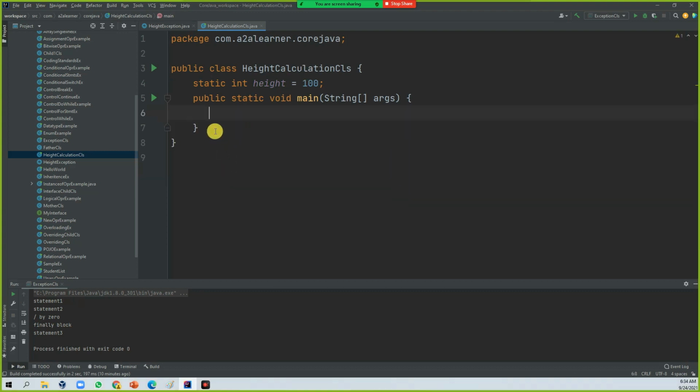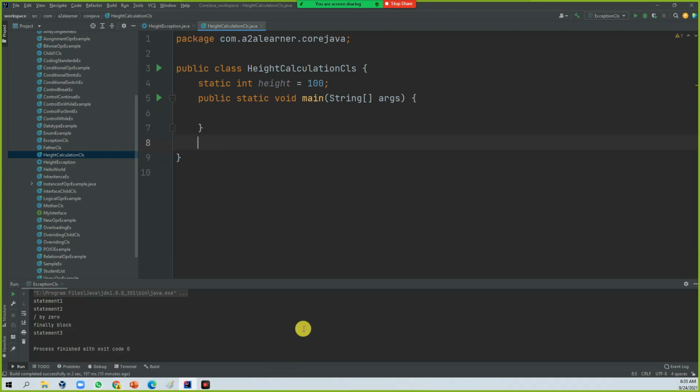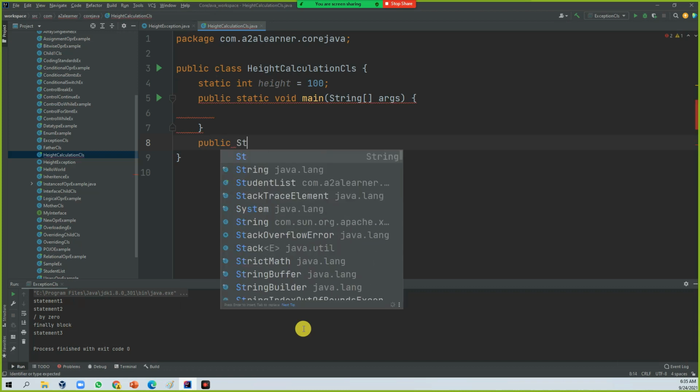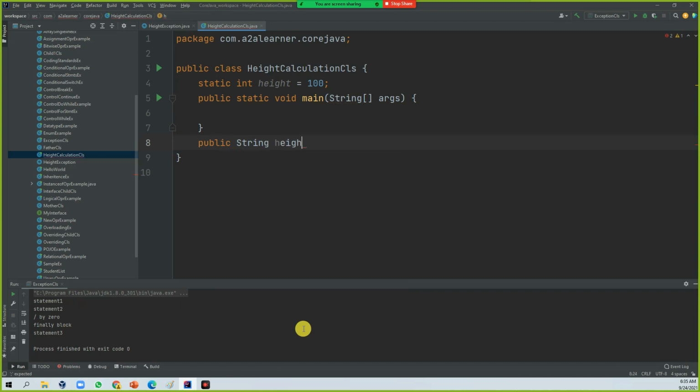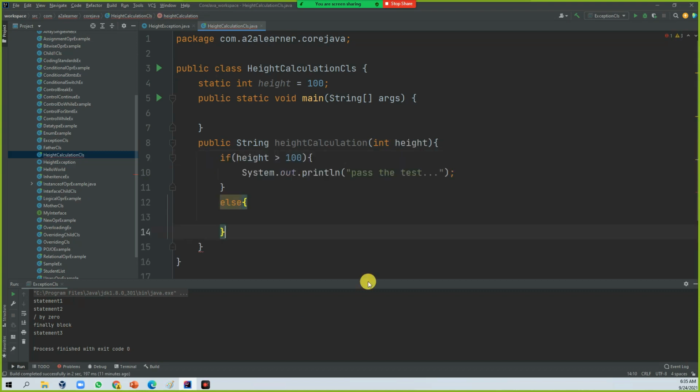For better understanding, I'm writing another method, public String heightCalculation. This is the method we are going to use. In this method, let's return message. I need to declare this message here.